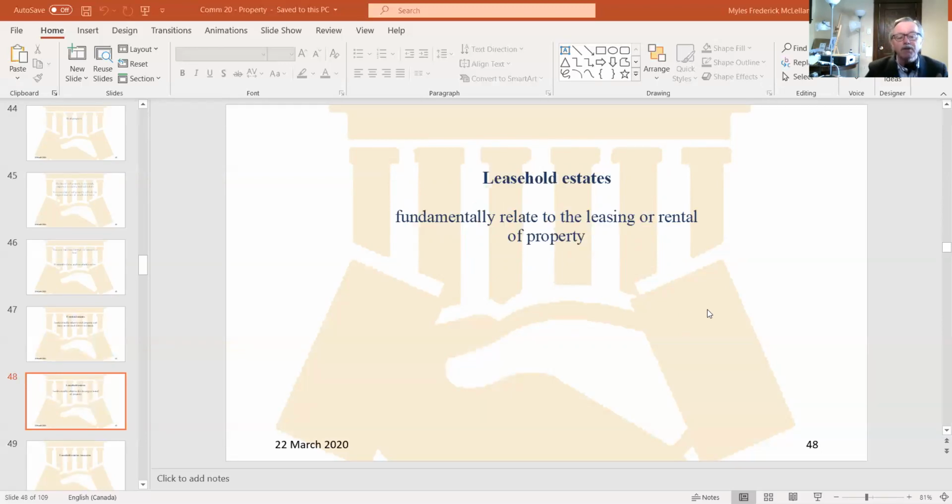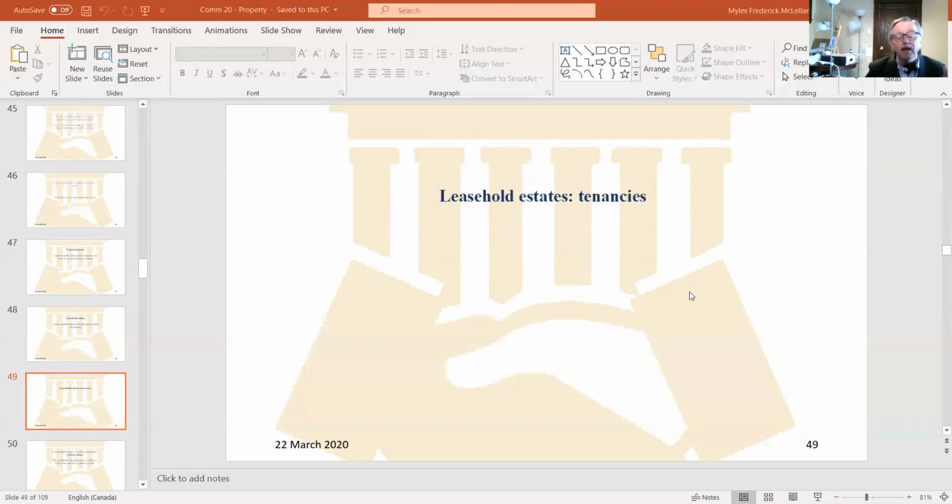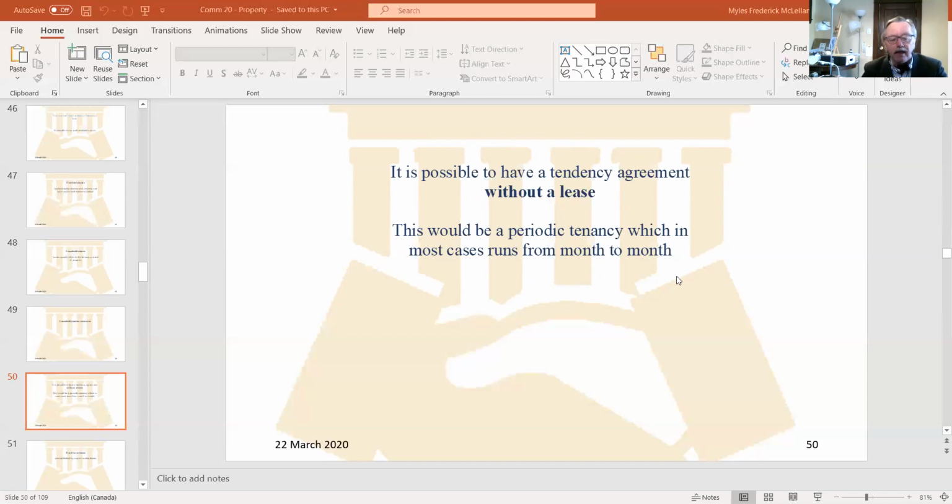The other kind of interest in real estate we have are what are called leasehold estates, which deals with the leasing or rental of property. So lease is in the actual term itself. So leasehold estates deal with tenancies, right? And tenancies